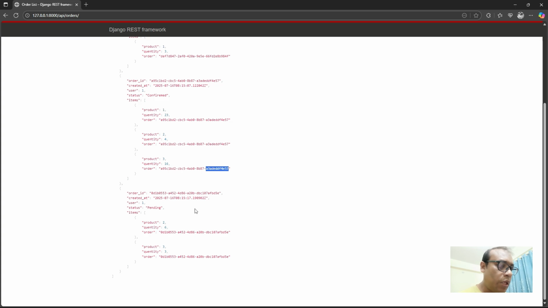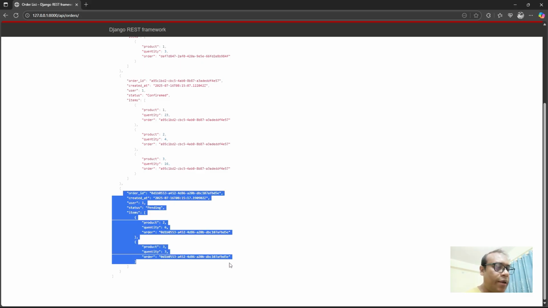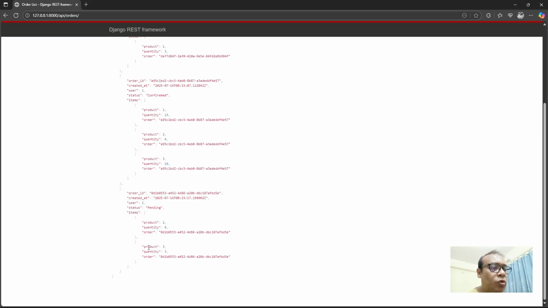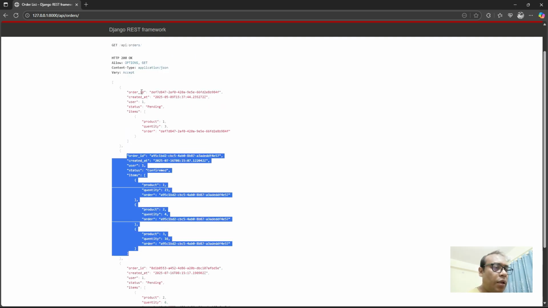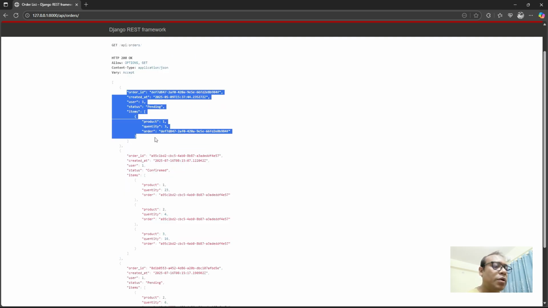And in the same way, the last 3 digits are D5E. Same way, this is actually the D5E. This is actually the D5E. Okay, so we can understand that this is a single order, and in this order we get two products. And in the same way, this is actually another order. In this order we get 3 products, that is the items, and this first order also represents a single